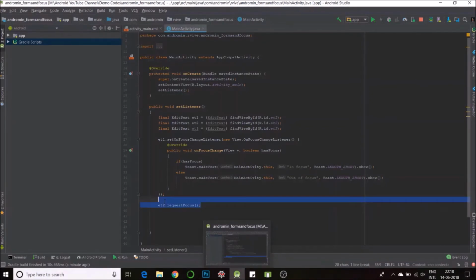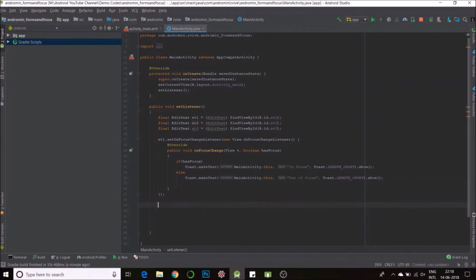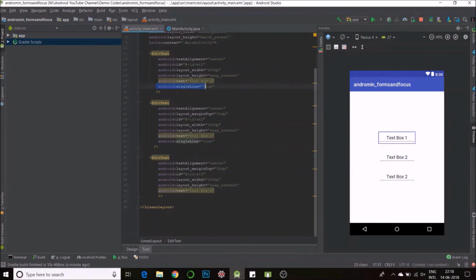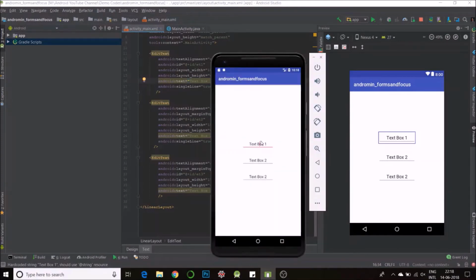But there's a really neat method which is available that goes in a single line. All you need to do is go to your XML and set android:singleLine true. What that does is it only accepts one line, and say you press enter or new line, it takes you to the immediate next edit text. You can even see it here. Say I type hello, and I enter, it goes to the next box and it's out of focus. So that's a really neat method to go about it, but if you want really custom ones, you'll have to type your own code